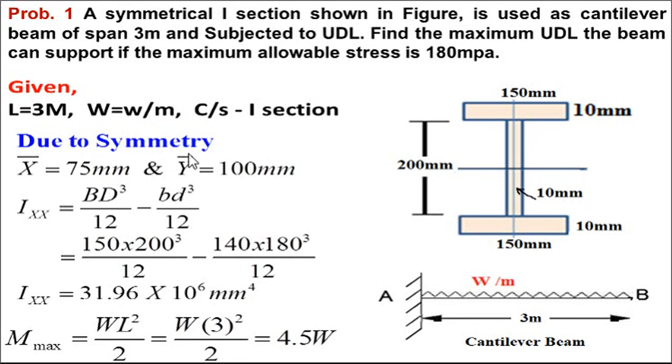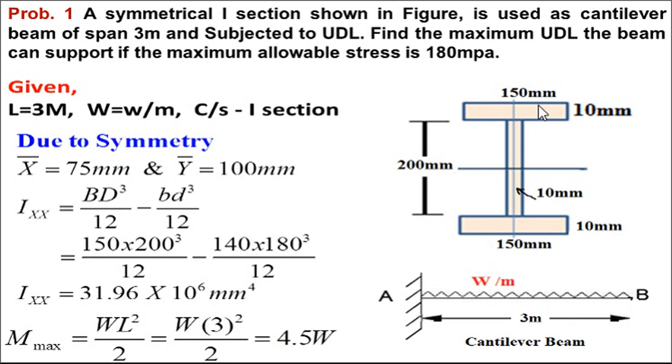Now see, to use the flexural formula, we know that it is M upon I equal to sigma by Y. So you should be able to calculate M max. You should be able to calculate I, that is the moment of inertia. These are the two important terms normally required in every problem. So in M upon I, both terms should be correct so that your calculations will be correct.